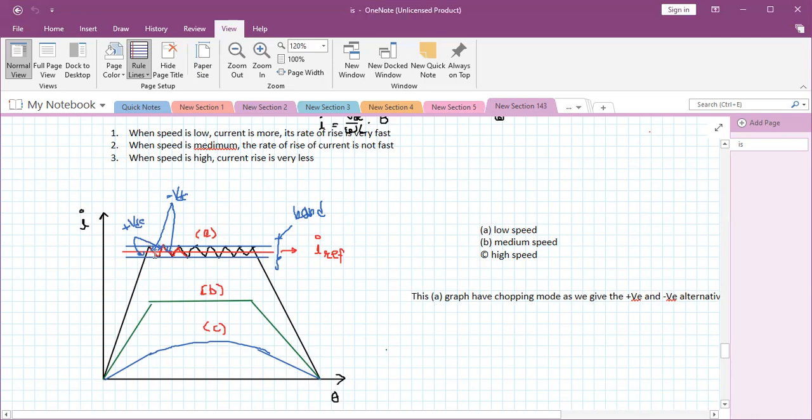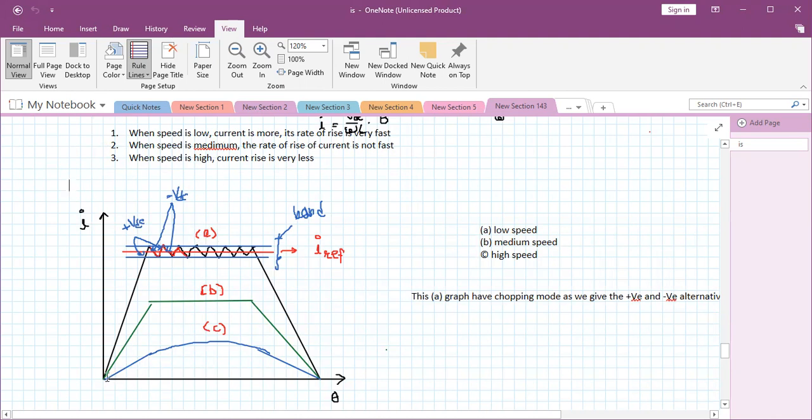So here there is a zigzag line. On the increasing slopes we have applied plus VDC, and the decreasing slope shows we have applied minus VDC. The current has a band, a minimum value and a maximum value of the current, around the reference current. This red line is the reference current. So this is about when the speed is low. Here we are controlling the torque. The first is also called the choke mode.